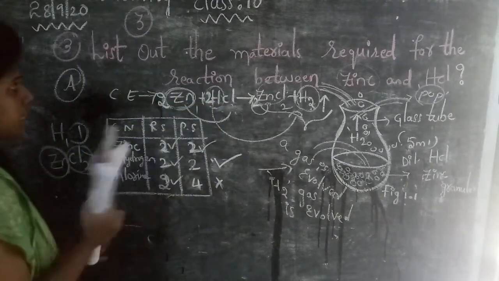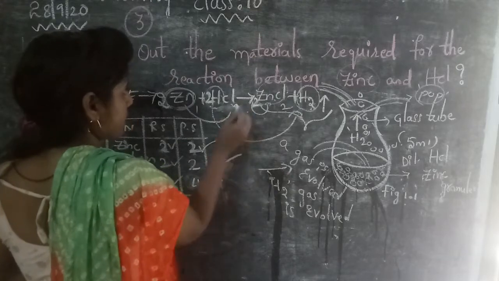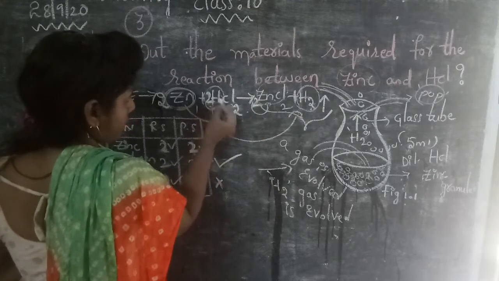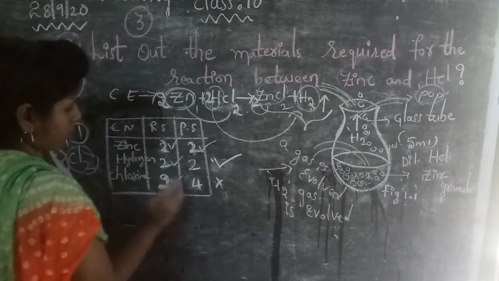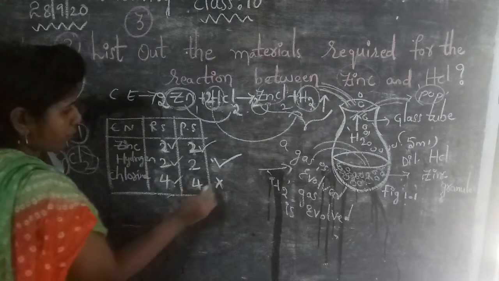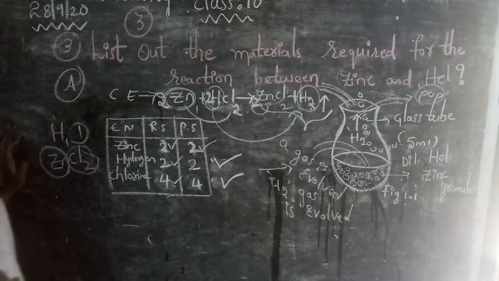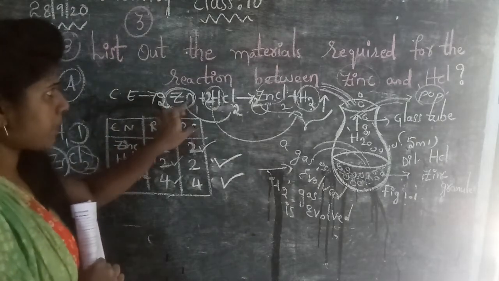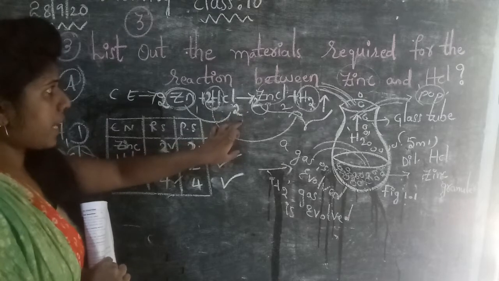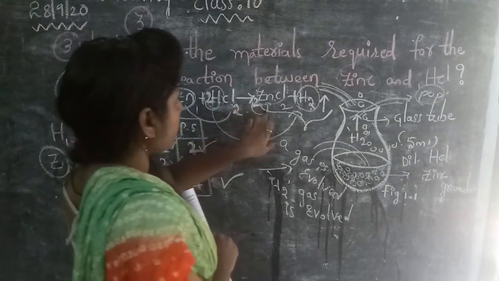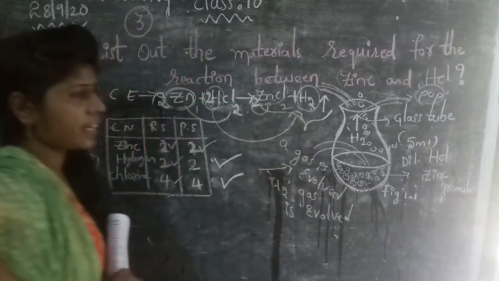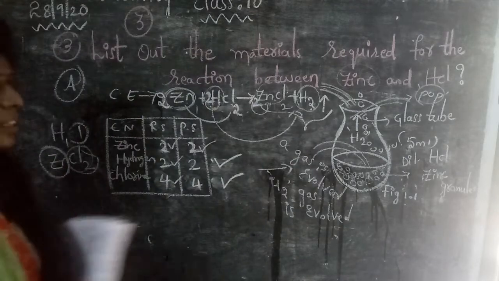That means 2 HCl. Can you take here? 2 HCl means 2 will be applicable. 2 hydrogens. 2 to the 4. 4 chlorines. Okay now. Here now equation is 4 chlorines. Hence it is a balanced chemical equation. So what are the coefficients I have added here? 2 molecules of zinc plus 2 molecules of hydrochloric acid gives rise to 2 molecules of zinc chloride plus hydrogen gas. Hence it is a balanced chemical equation.